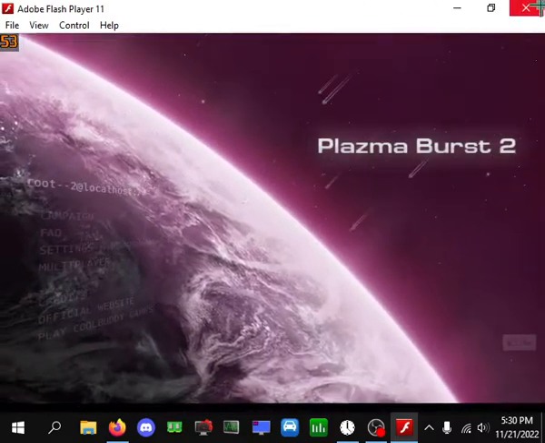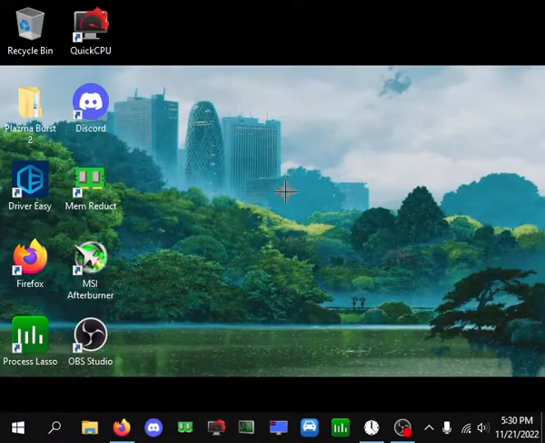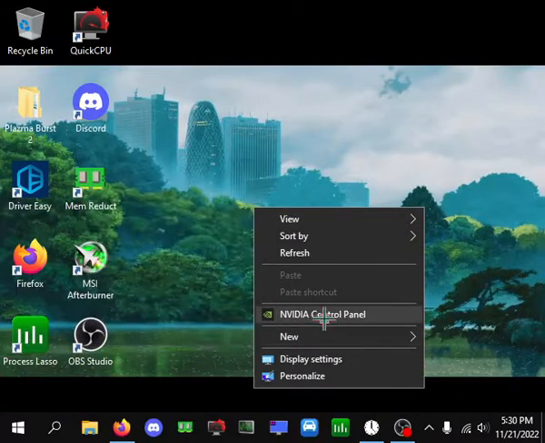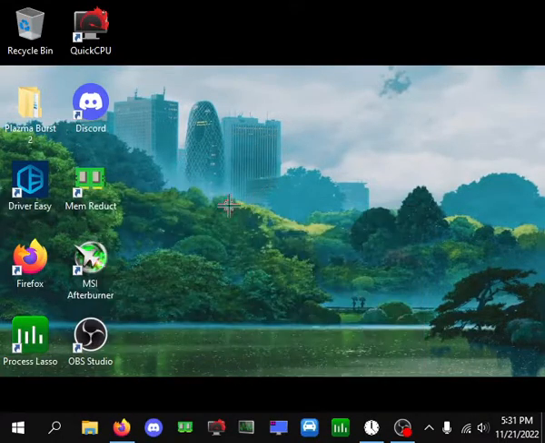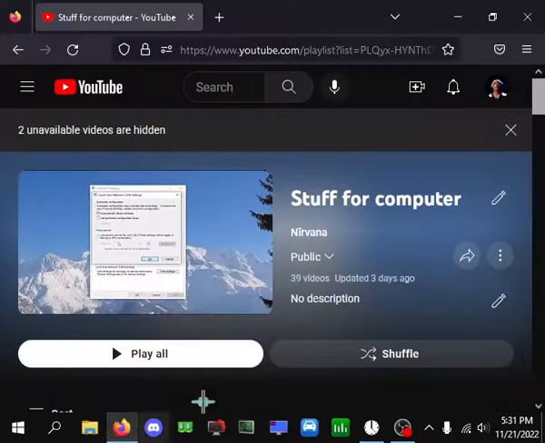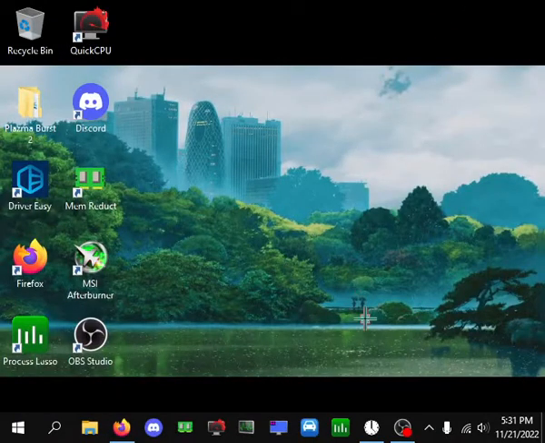What I want you guys to do now is go to your graphics card. I have Nvidia control panel. Actually, let's just do this. If you right click on your desktop, actually here, let me show you. What I want you to do first, before we head on to anything else, is go into the